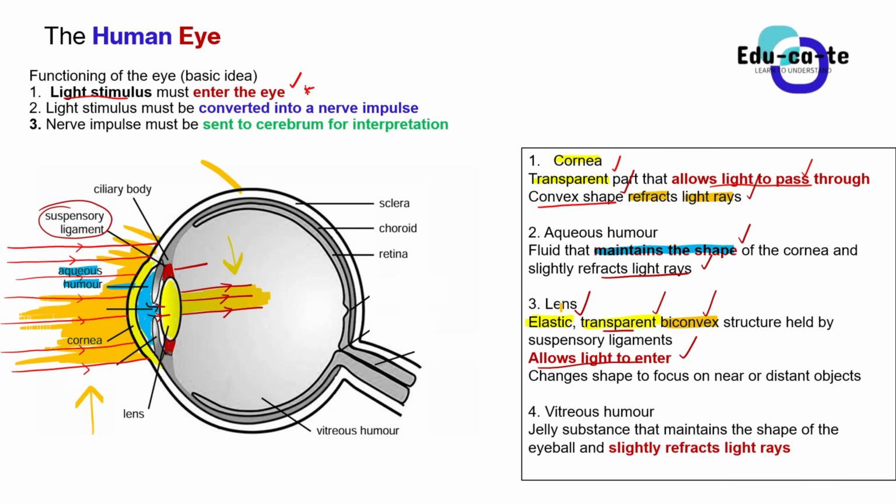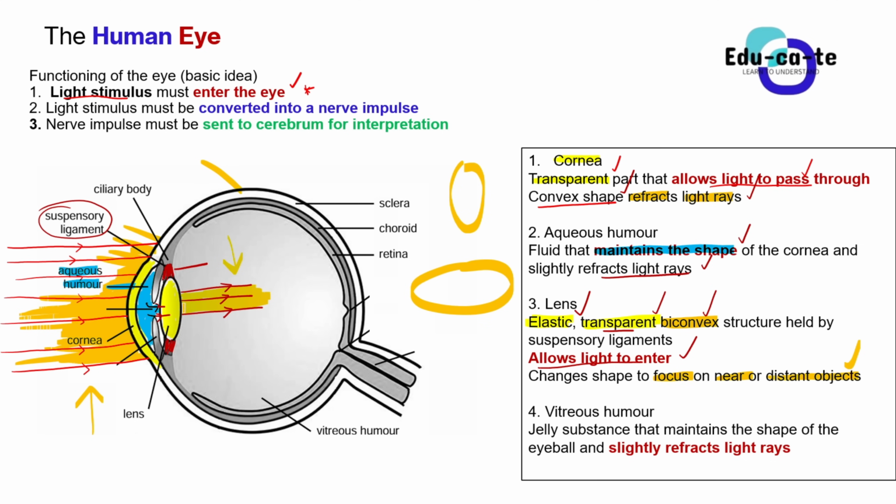Now, the other thing, since we have said that the lens is elastic, it means that it can change shape so that it can focus on near and distant objects. That process is known as accommodation, which is something that we're going to study later. But you just need to know that when you are looking at objects that are far away and objects that are closer to you, the lens does not have the same shape. Sometimes the lens is big, sometimes the lens is small. So it is elastic, it's able to change its shape. Sometimes the lens is something like this, sometimes it's something like this. Okay, so basically that's how it is.